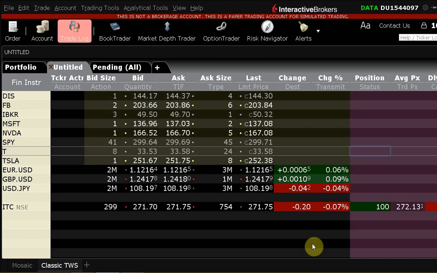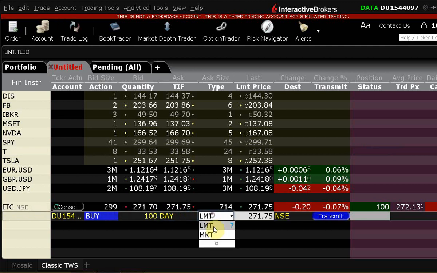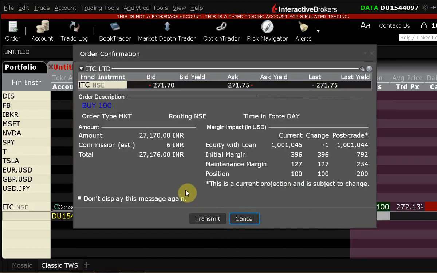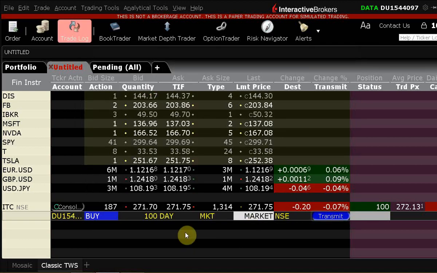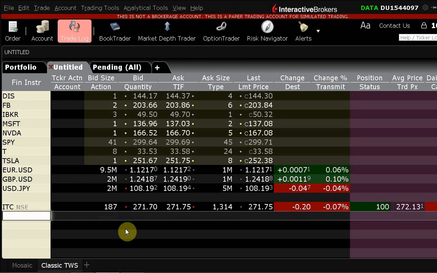If you do it once again, you'll see what I mean. Here you see the order type is market. It's another market order, right? So you can see this is the value of the position. If you convert this back into dollars, his cash balance will go down. In this case, I don't want to buy anymore, so I'll just cancel this. Now, remember the example I gave you earlier, his balance sheet has become some amount of cash plus 100 shares of ITC.